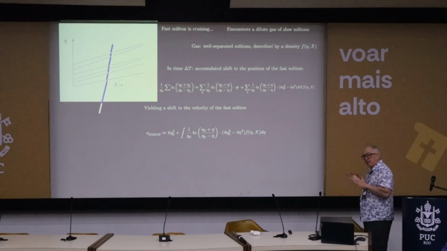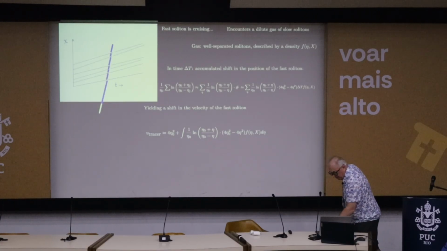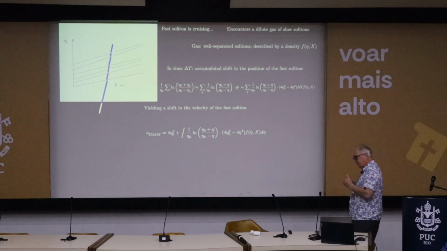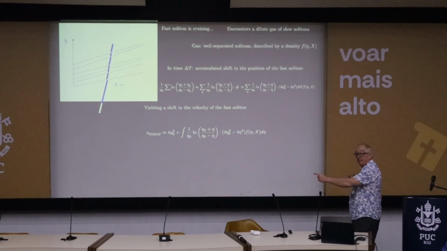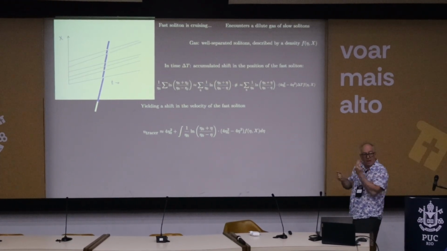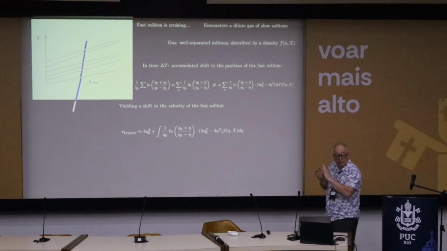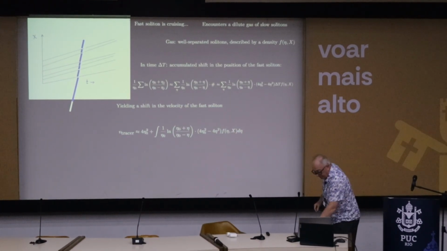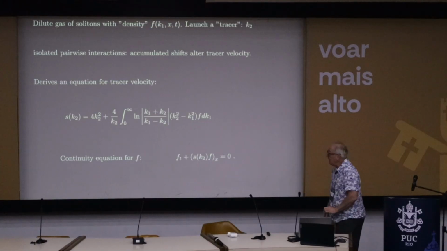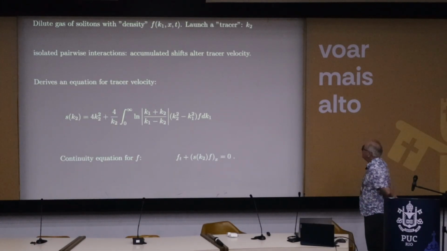In the process of describing this, Zakharov suggests there should be some randomness, but he doesn't make it precise what is meant by the randomness that you should introduce into this system of equations. He also suggests that the gas of solitons should be a bunch of peaks that are well separated, so that this tracer moving through them can interact with them one at a time. Those are caveats in the original description, which were later, in 2003, generalized by Gennady and collaborators.